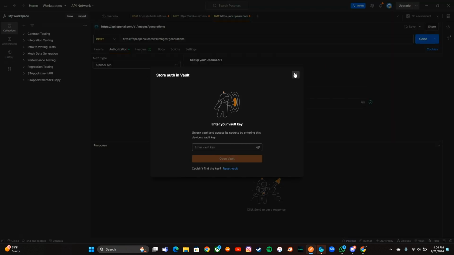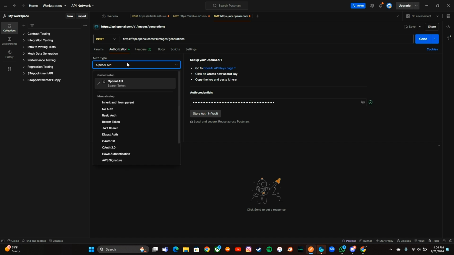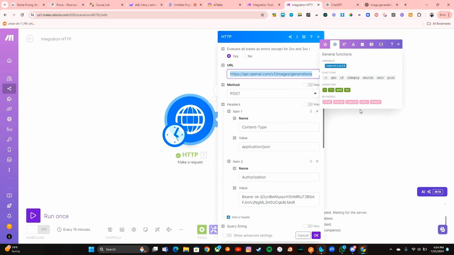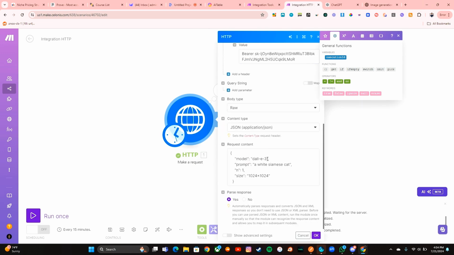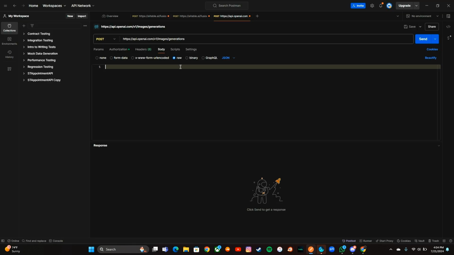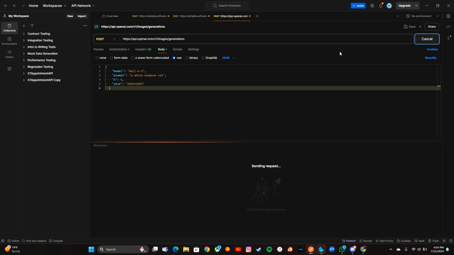I don't even have a vault key, so I don't know why. I feel like it's already saved. Okay, sorry. So coming back to body, it's going to be raw again. I'm just going to copy this. Come into Postman, press send.